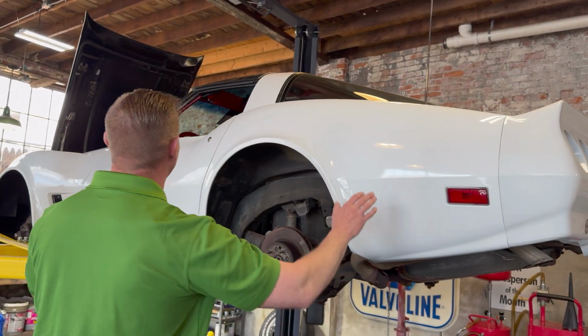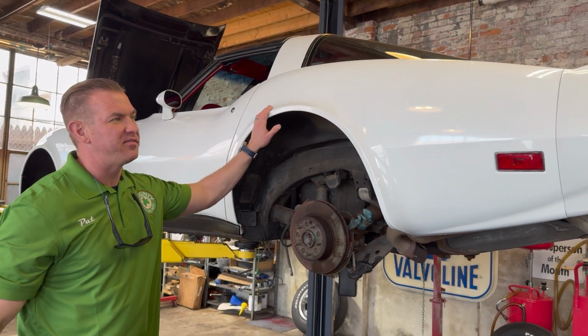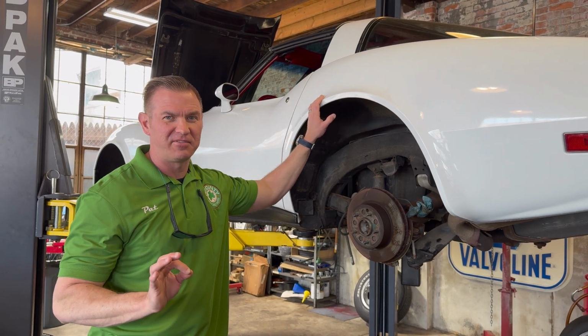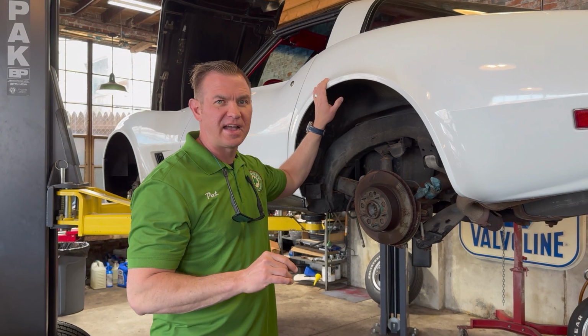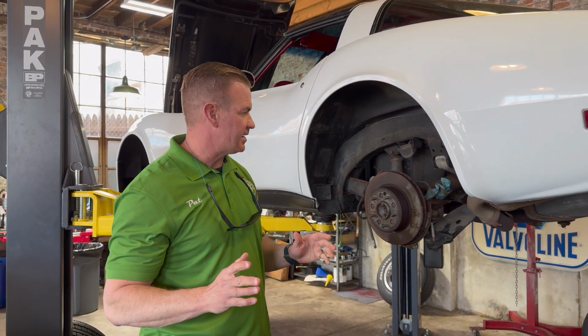Another holy grail car, 1981 Corvette with 16,000 original miles on it. Bought it from a local client over in West Reading. I was contacted by the family, and